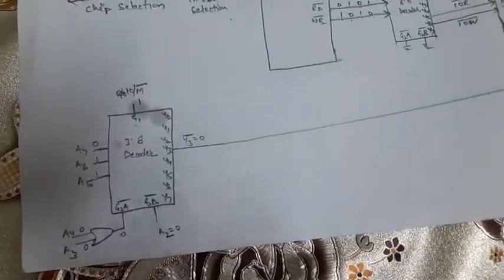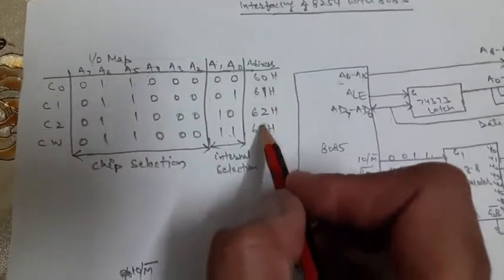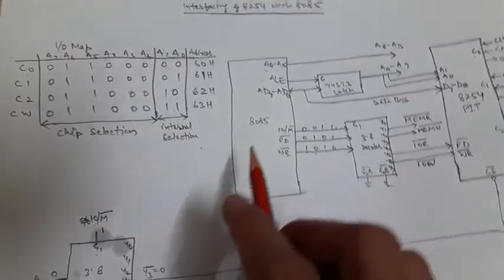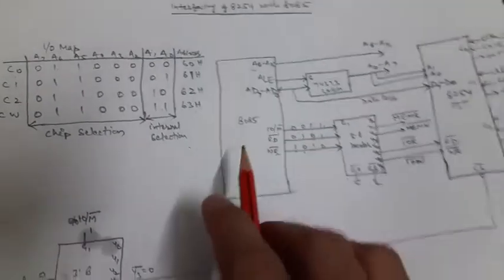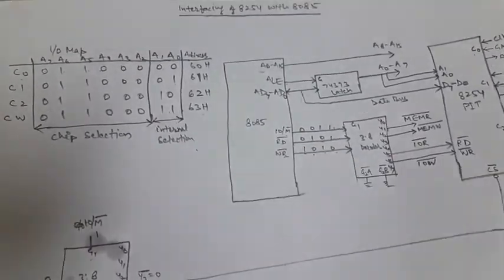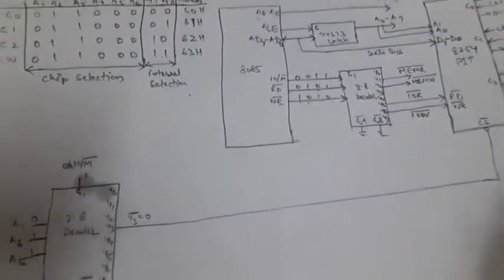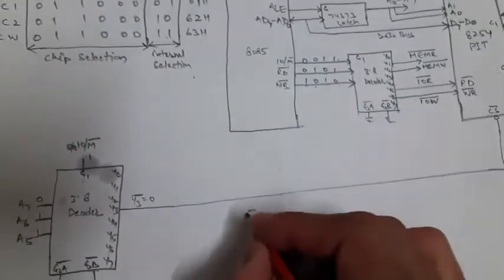Now this is full decoding only when these addresses are given. Only for these addresses will this chip be selected, and this chip will do the appropriate actions based on the instructions, or the initialization commands, provided by the 8085. So this is called the interfacing. Now we can change the addresses. Suppose you take EA.